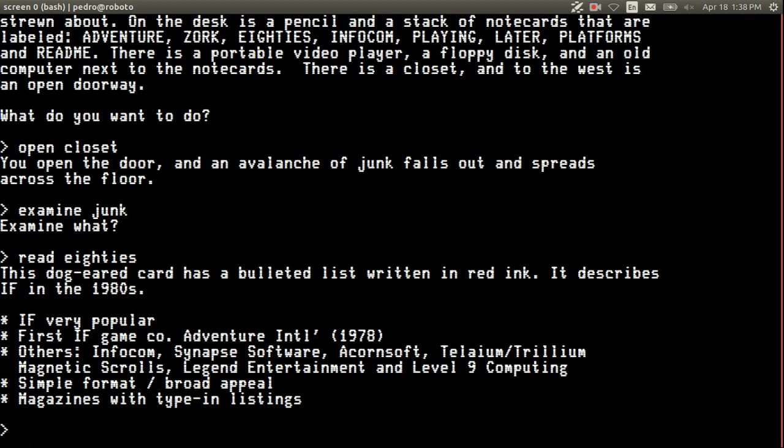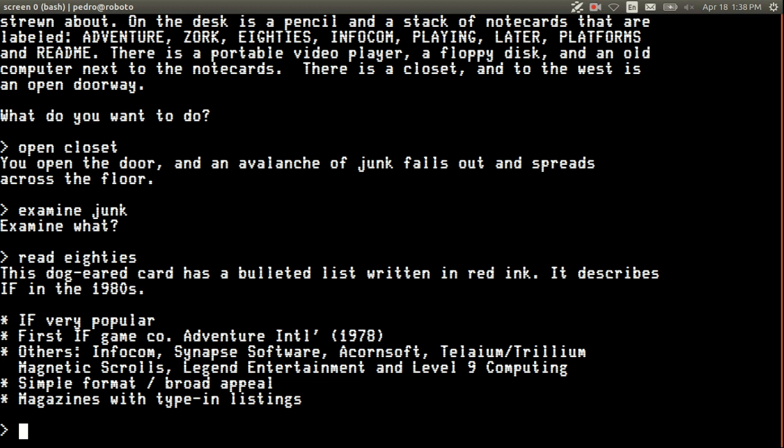So interactive fiction was super popular in the 80s. Because you chose to start with the 80s, we haven't talked about the history of it yet. But the first interactive fiction game company, Adventure International, got started in 1978, making and selling home interactive fiction for the home PC market, which was just booming at the time.